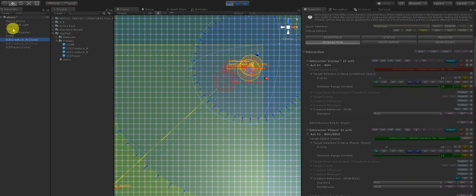So I will save this tutorial, I will save this demo scene and put it on the server, and will publish it on the forum, so if you want you can test it